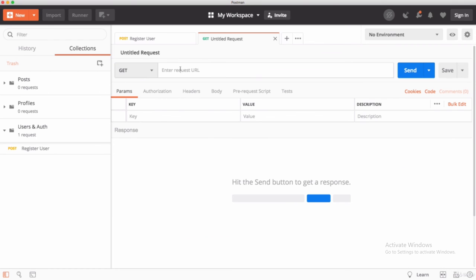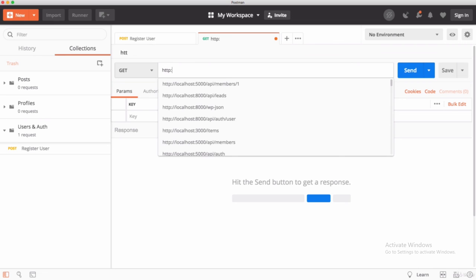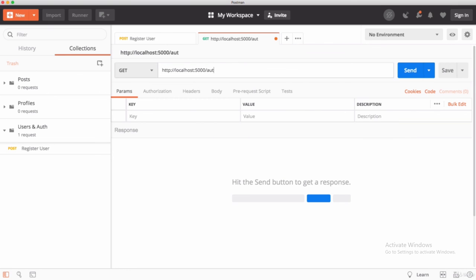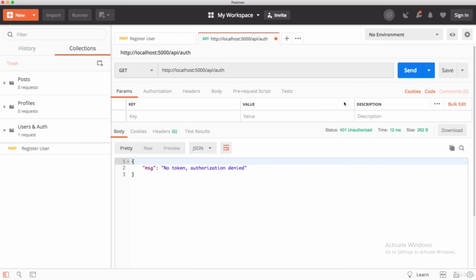Here in a new file, I am writing the address localhost:5000/api/auth. Here as you can see, no token, authorization denied, an error message is showing up.